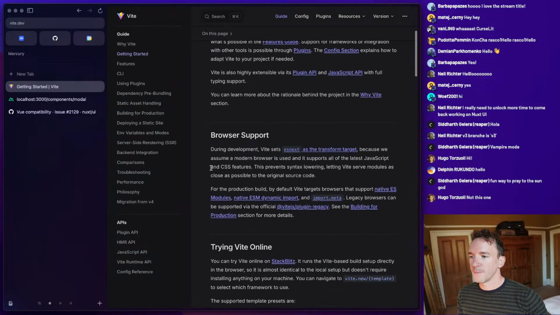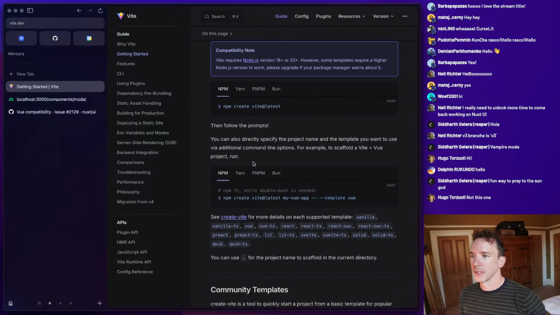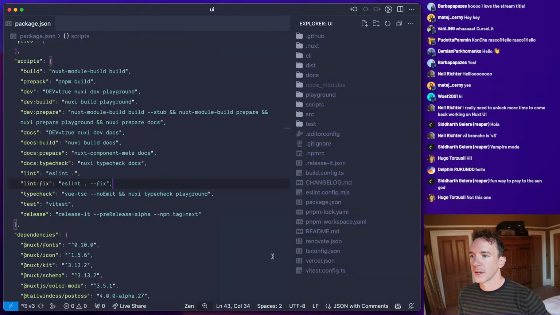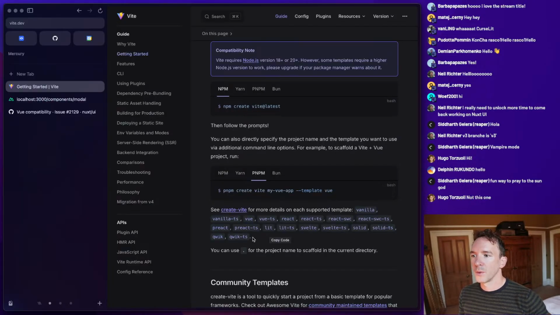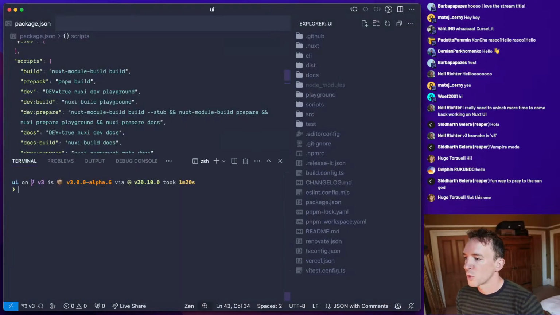Okay, get started. Scaffolding your first project. Good, this is what we want. We want Vue TS probably. We're going to start a new project, and we're going to call it Playground Vue maybe for now.